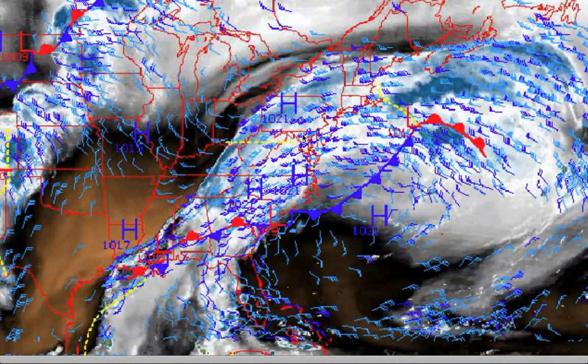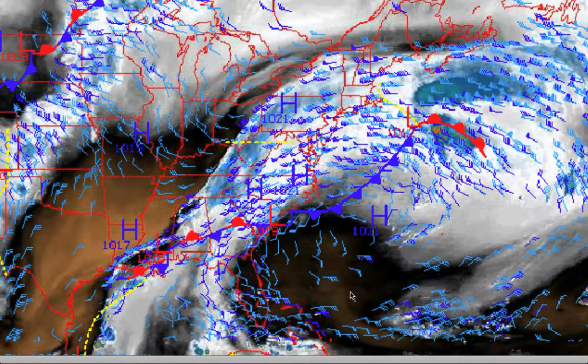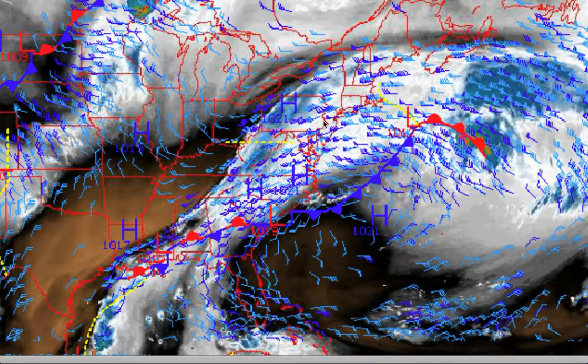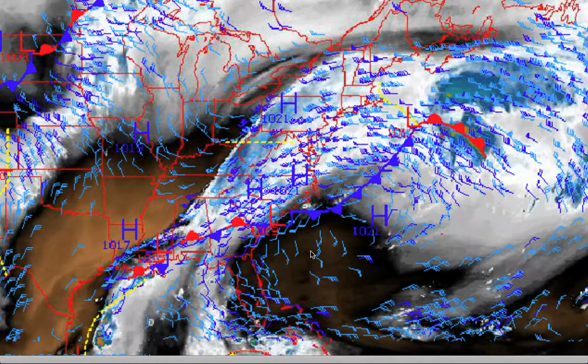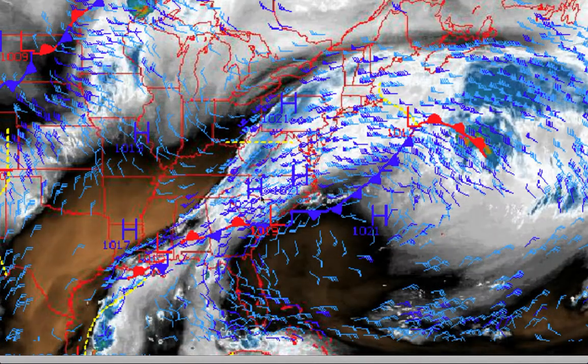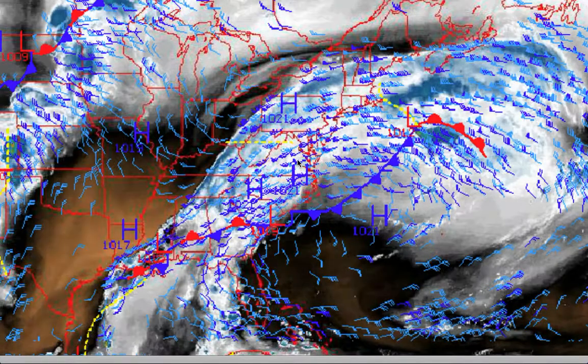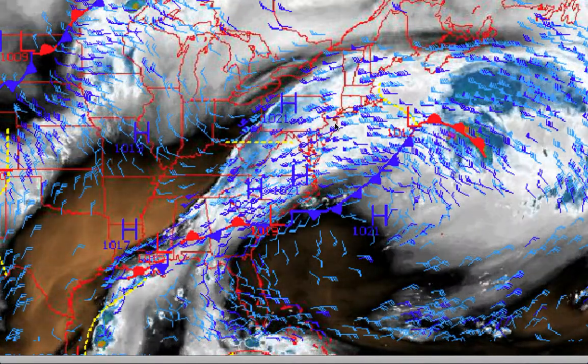And basically this pattern will be in place for the rest of the week, where this ridge starts to take hold of the East Coast, and at the mid-levels you have dry sinking air. And at the surface you have the southwesterly wind transporting a tropical air mass with plenty of moisture. So the combination of the two will lead to